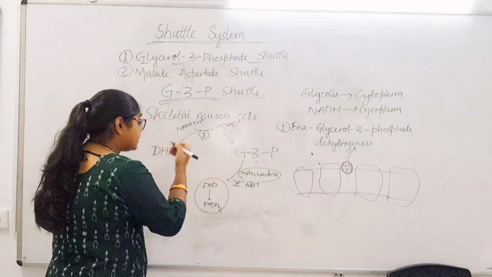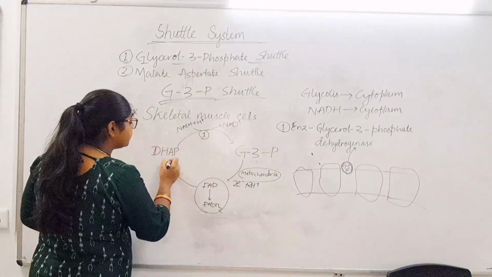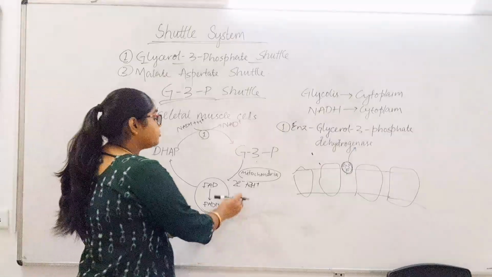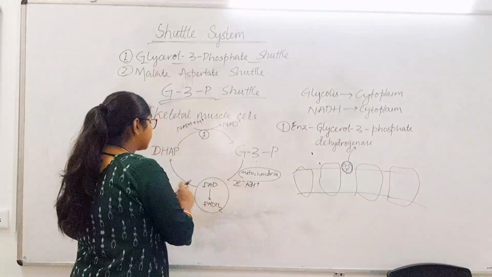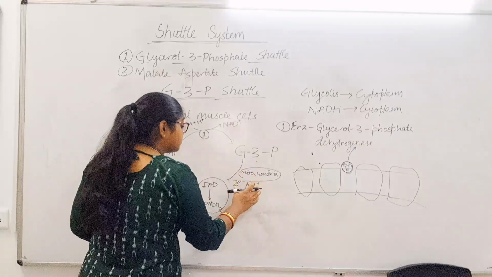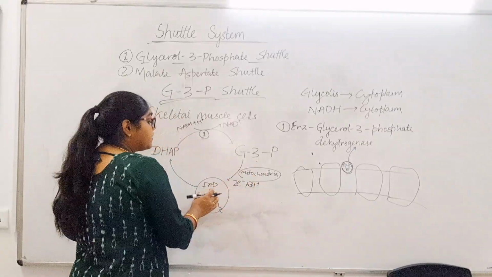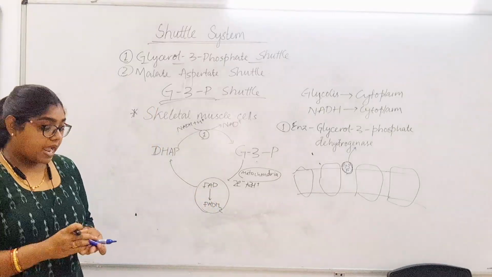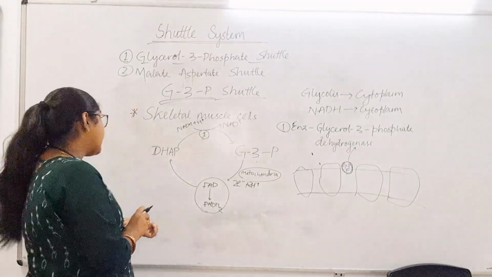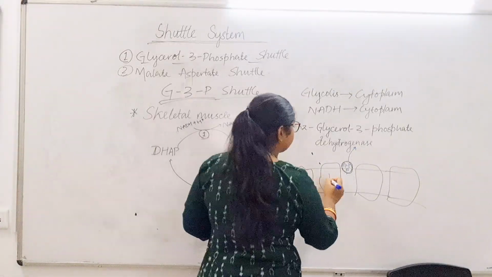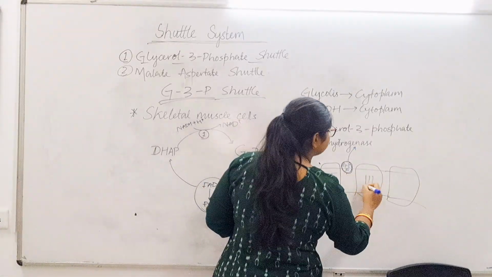Okay, and then this glycerol 3-phosphate will convert to dihydroxyacetone phosphate. After removing 2 electrons and 2 protons, it converts to dihydroxyacetone phosphate, and these 2 electrons and 2 protons will be accepted by FAD, which converts to FADH2. Here, as this is present at complex 2, between complex 2 and complex 3